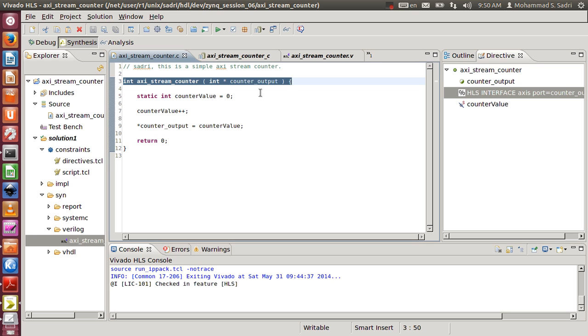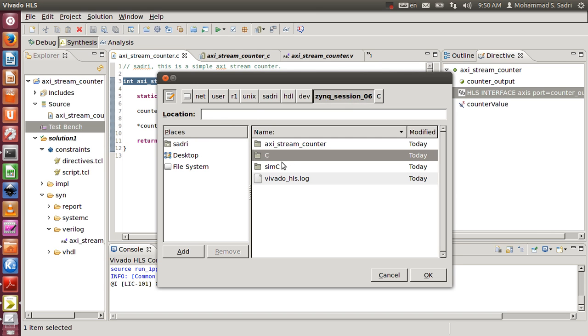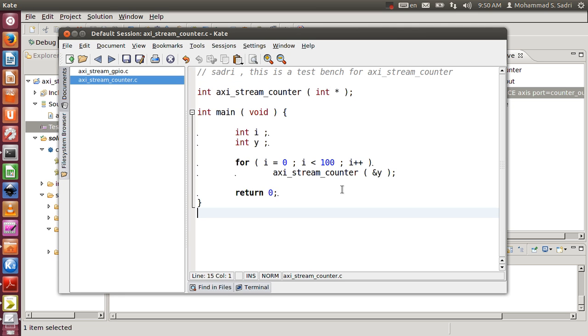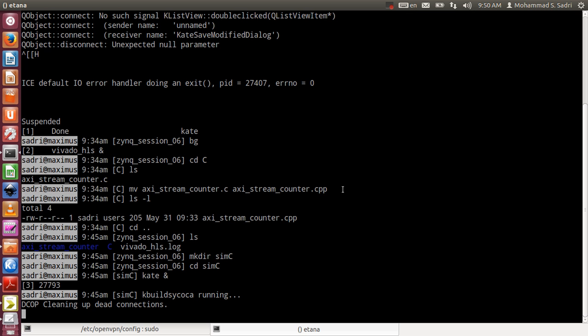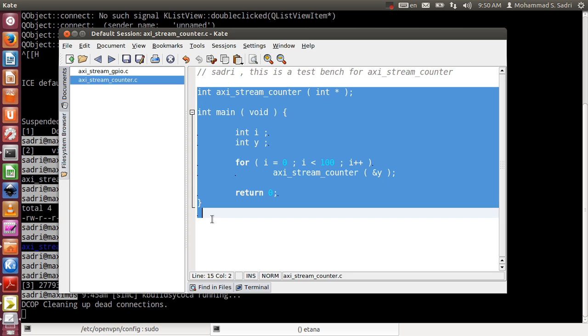I go back to the Vivado HLS environment, and I add the test bench here to the test bench section, add file, and here System C. I don't know with which extension I have stored this file. Maybe I have stored it in a, yeah. So,